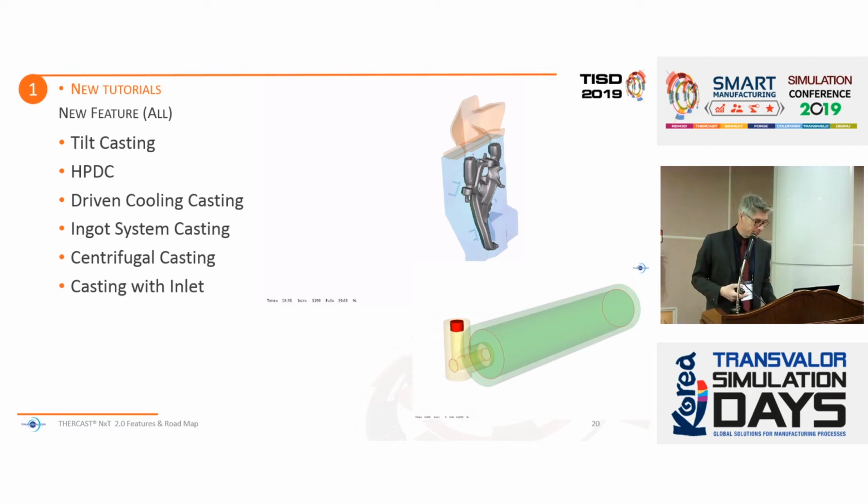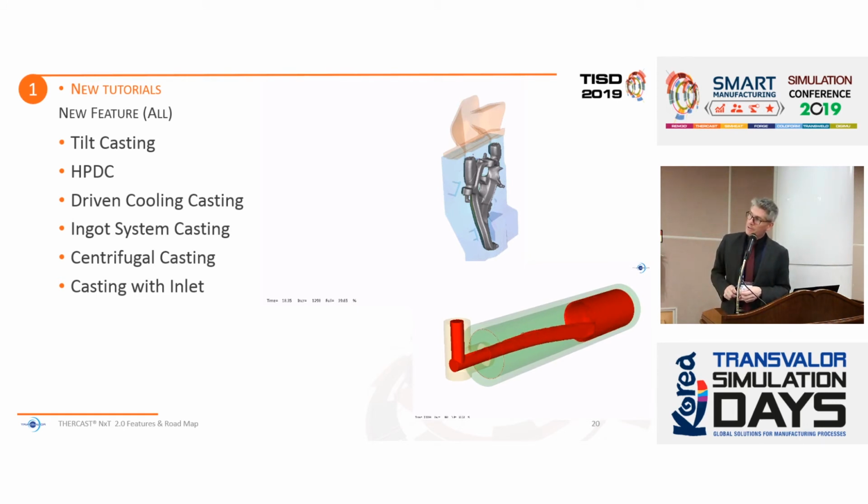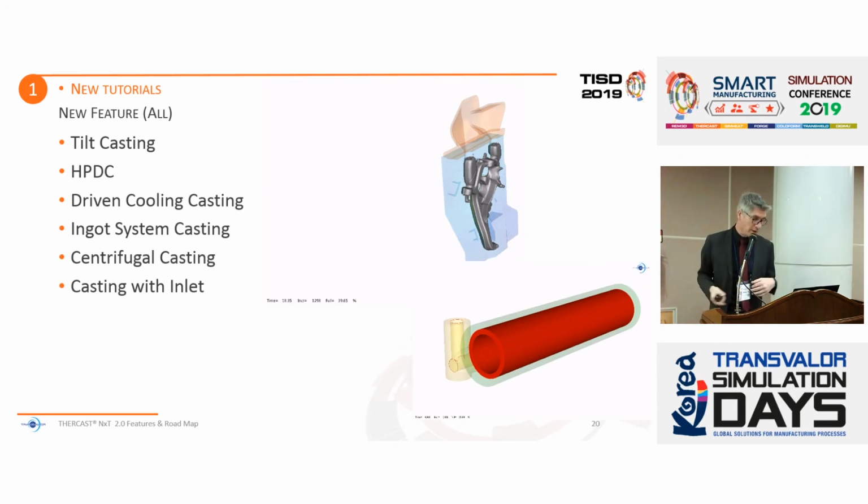and you will be able to do it through the new dedicated tutorial. Another one which is also interesting to note is the capability to simulate centrifugal casting. Here is an example of a horizontal centrifugal casting, whose purpose is to create tubes. The principle is to inject material, in that case steel, into a rotating mold, whose rotation is very high, in order to place the alloy on the surface and create tubes.